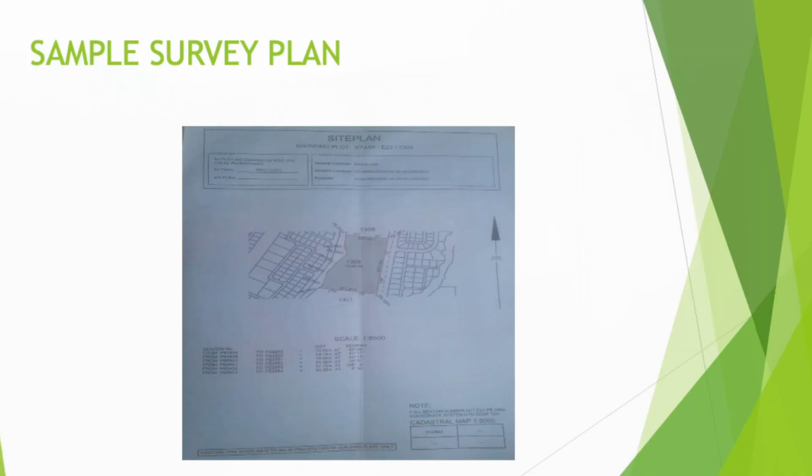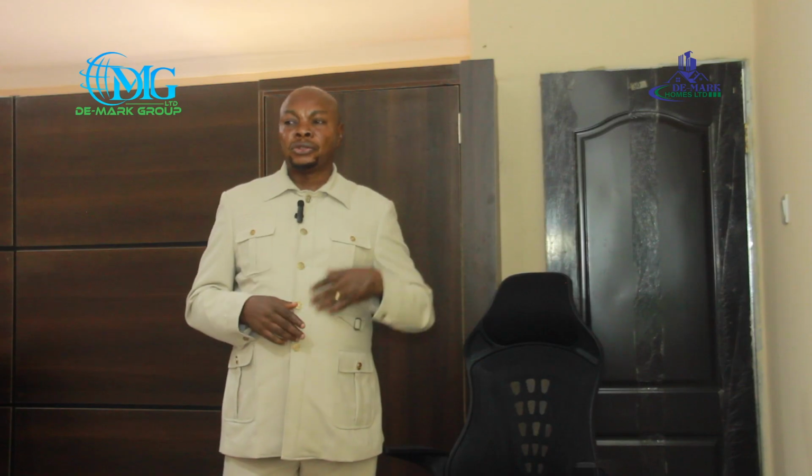You understand me? Sometimes they call it TDP. Going back to survey plan, this is what they mean by survey plan. This document normally is part of the original documents they will give you. I put it here because when we did the lecture last time, I didn't show you what TDP looks like. This is what is called TDP.